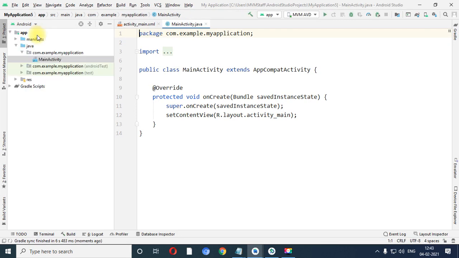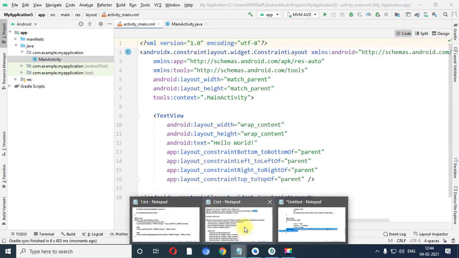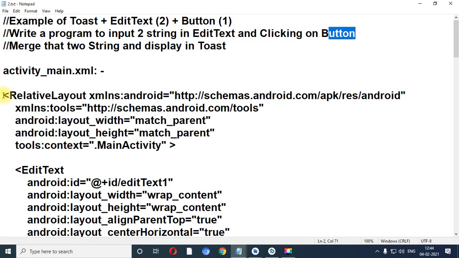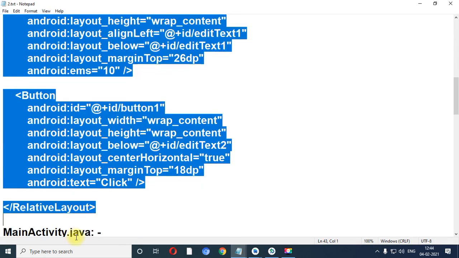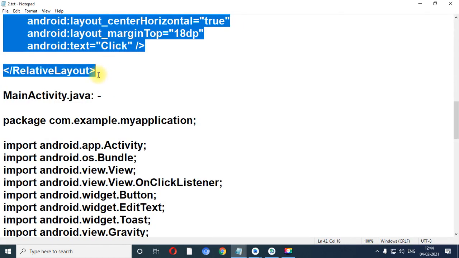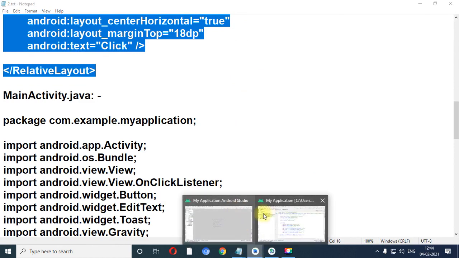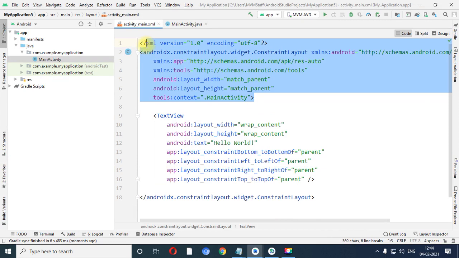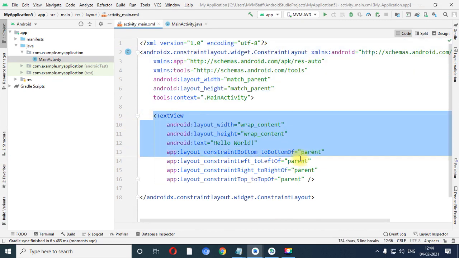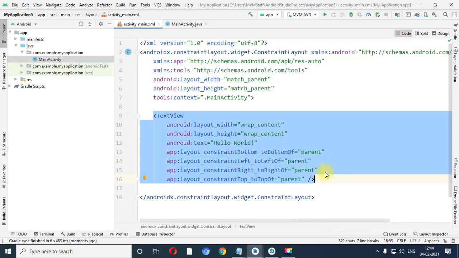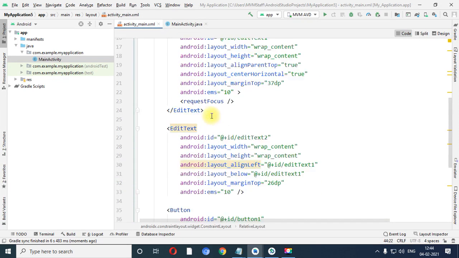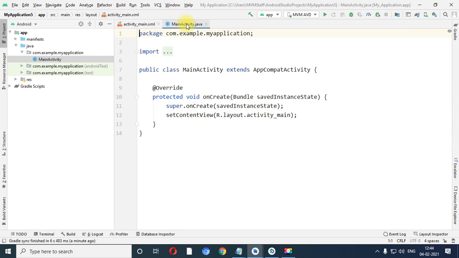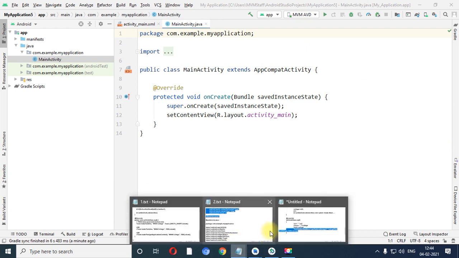Wait for a few seconds. Over here packages are loaded. Now I have already written the program in a file. So let me copy this program and paste it in the XML file. Don't remove this tag, right? You just need to remove the text view from the code, right? Paste it. Now let us go to the main activity.